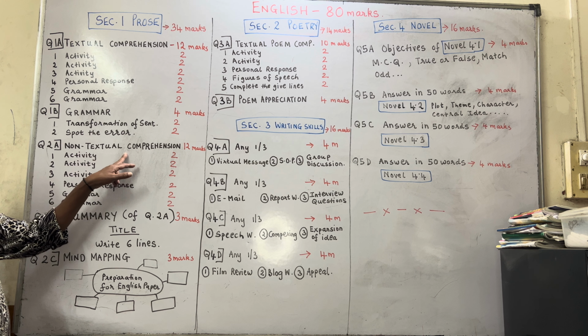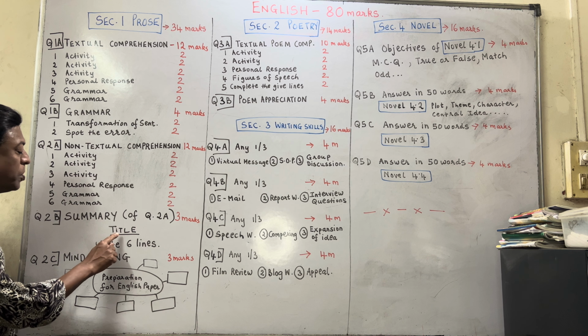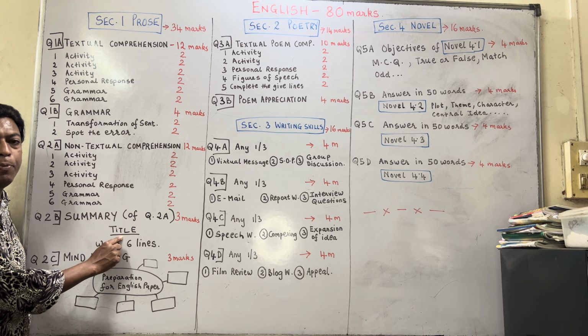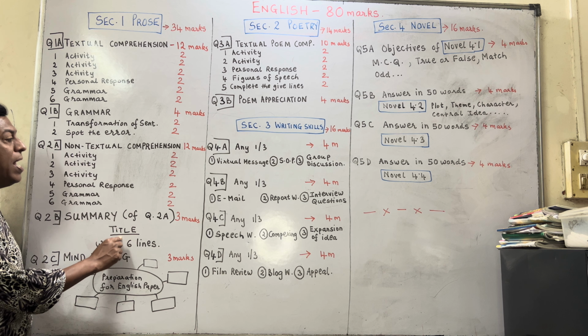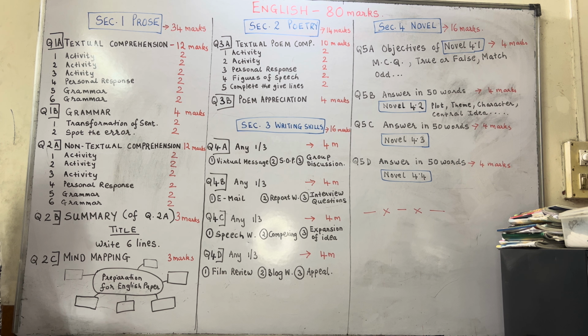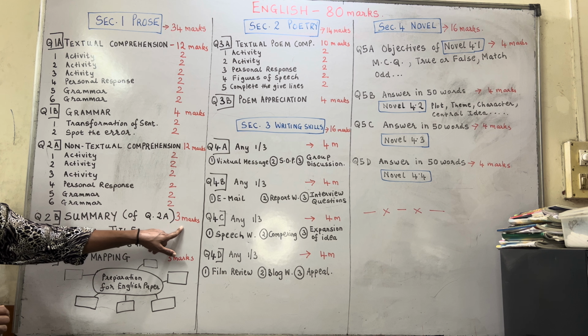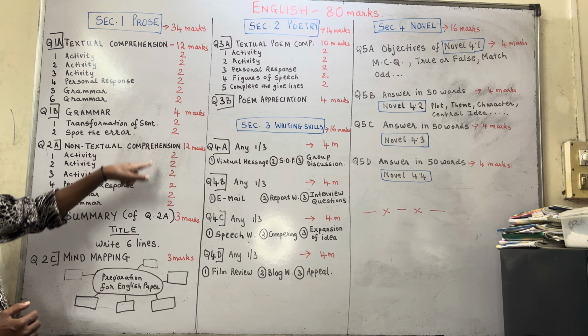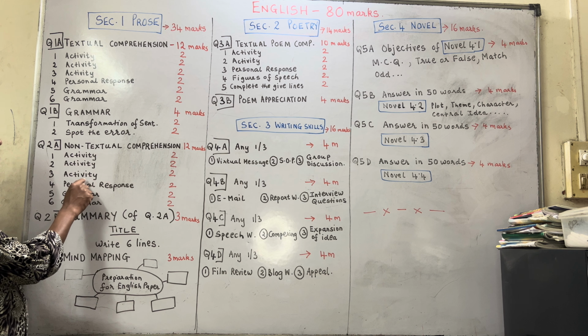Understand what the passage is all about, because you have to give a suitable title here because of this passage. So title, that will help you to get 1 mark here for the summary, and write important lines, those 5-6 lines, and you'll get 3 marks here. So again, same 12 marks, same types of question, 3 activity based that you have to